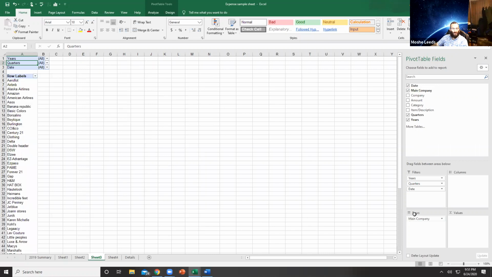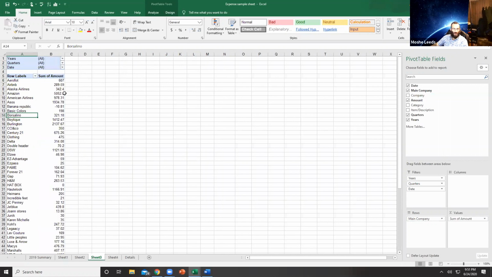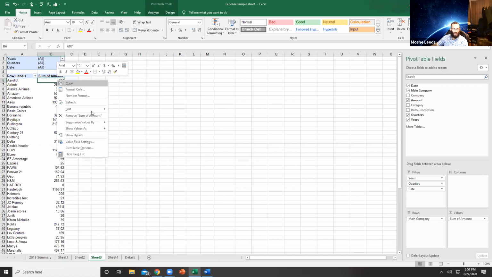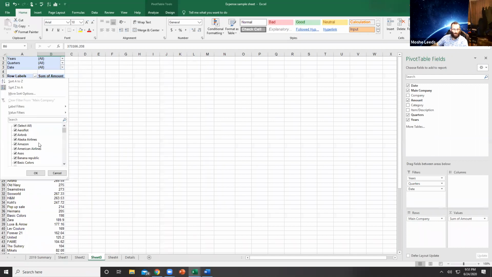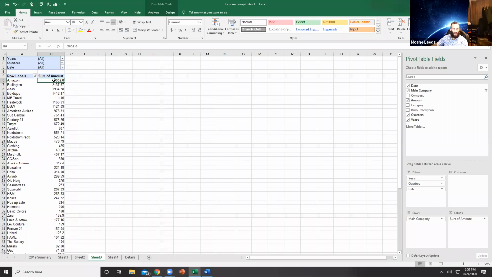Okay, so if I go to main company, and now I have no filter on this. So I have all the years, all the quarters, all the dates, and main company, and let's say amount, right? So now, based on company, I can see what my highest expense is. Obviously it's blank because I didn't categorize that. But if I were to remove the blank,